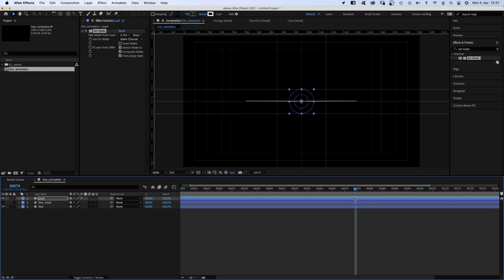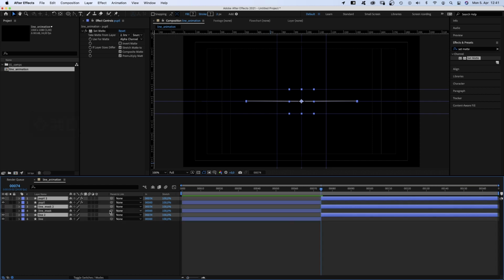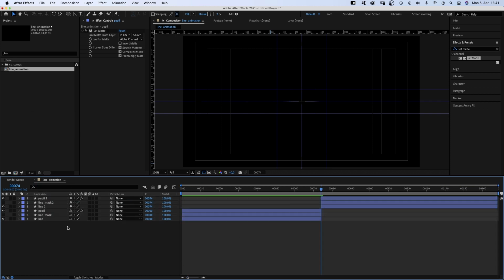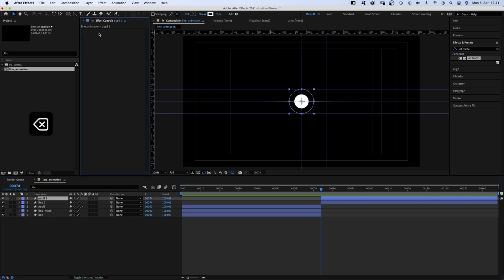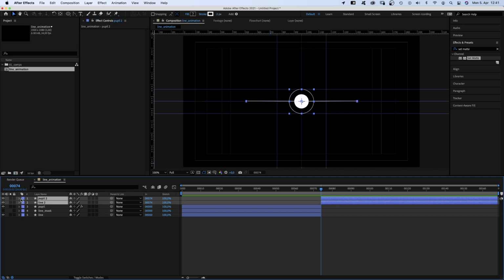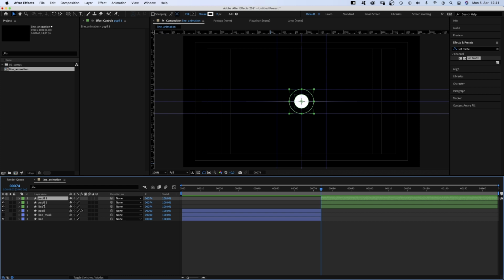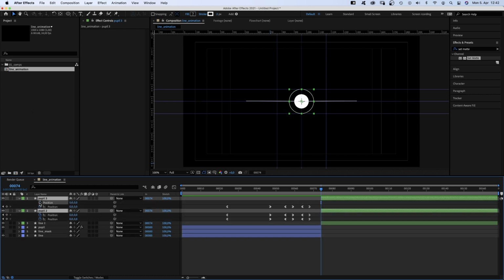We go to 74 frames, select all 3 layers and split them. Move them up and delete the line mask 2 layer. Delete the Set Matte effect. And let's quickly change the label color. Green seems good. Now we duplicate the pupil 2 layer, press U, delete all keyframes, press P and set a